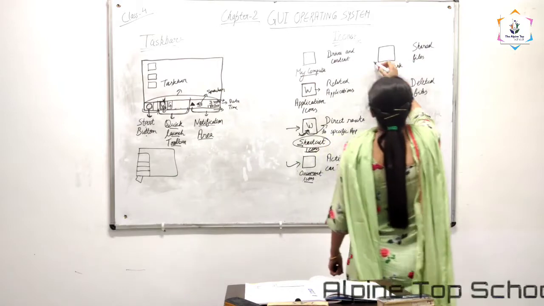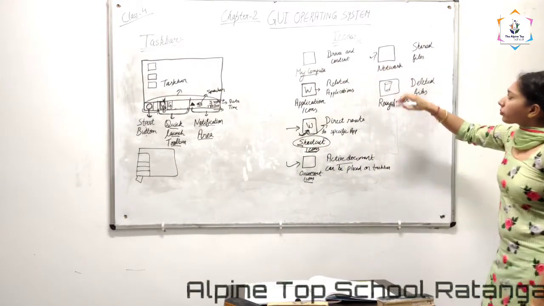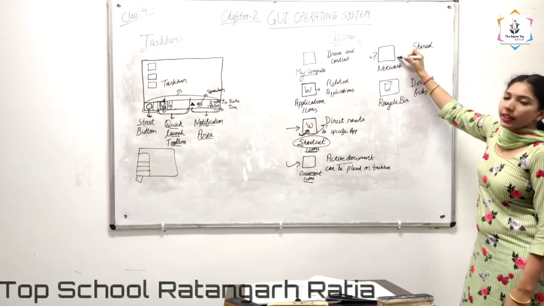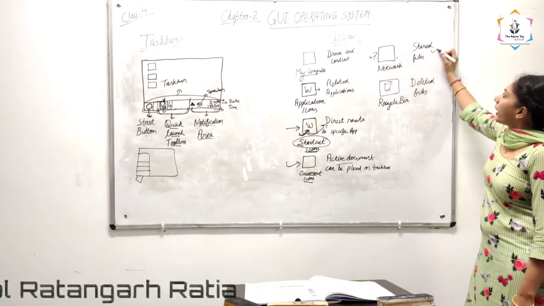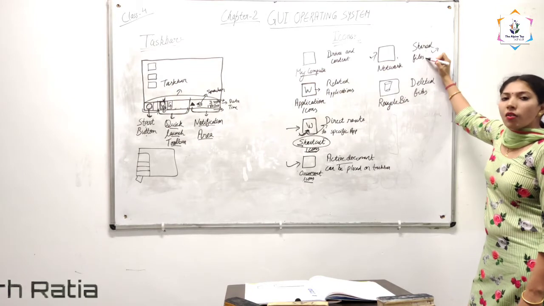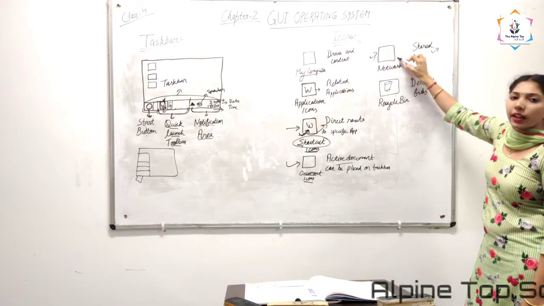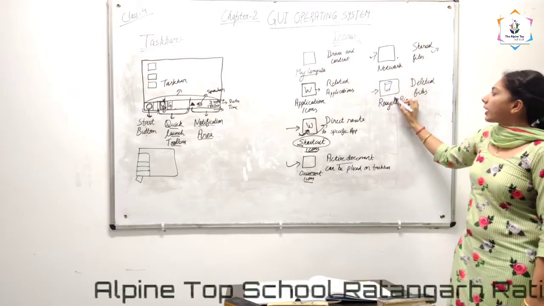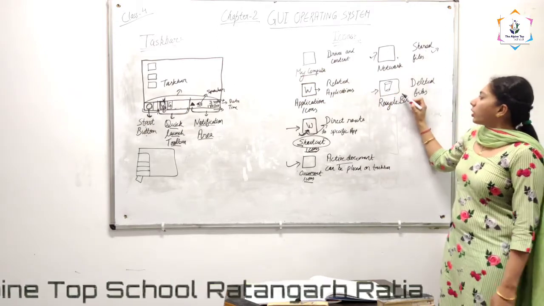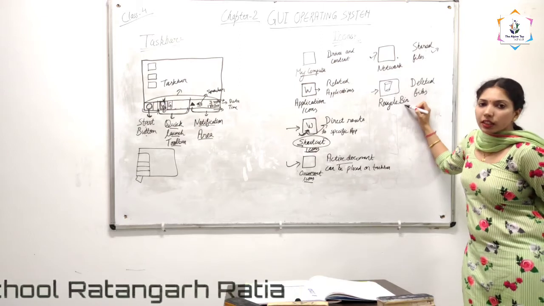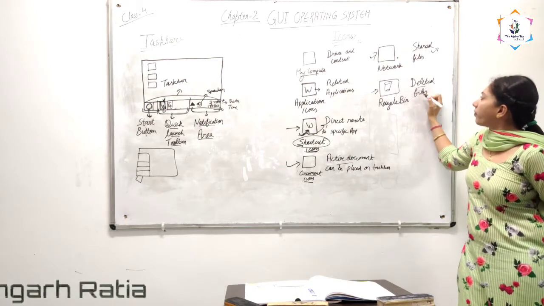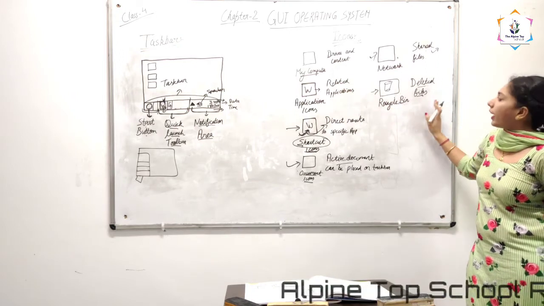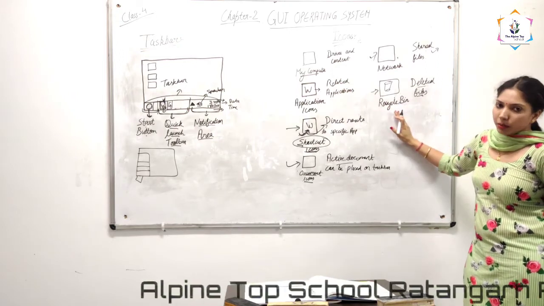Now next is our network icon. What is network icon? On clicking this network icon, we can get access to the shared files on this particular network. Next is our recycle bin. You can see this on desktop. Which files come here? The deleted files that we delete from our drives, that comes under recycle bin.